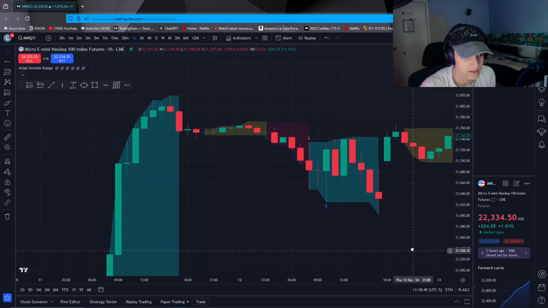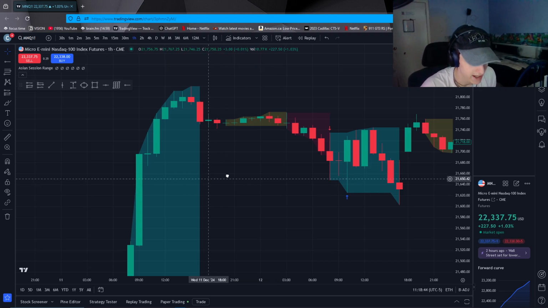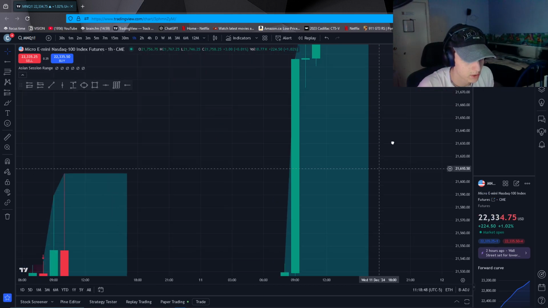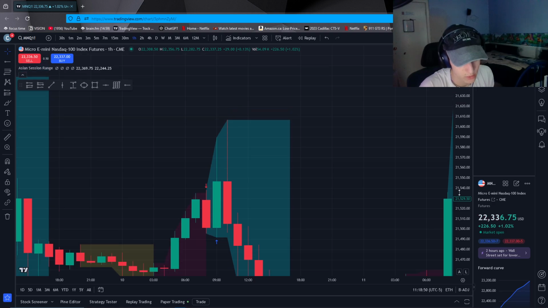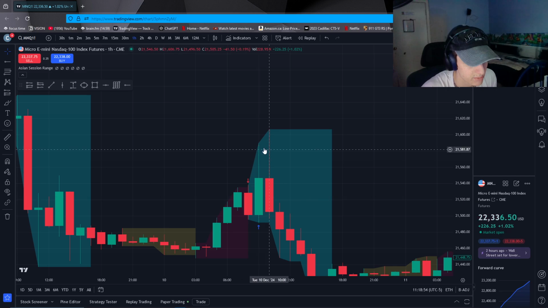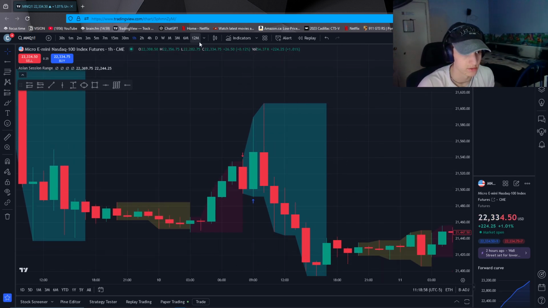Think of it as like a snail trail, like dead ass. That's what it is. It pretty much shows just where the candle went, or where price went inside that candle, inside that time frame. We will also be going over time frames today, as you see at the top: